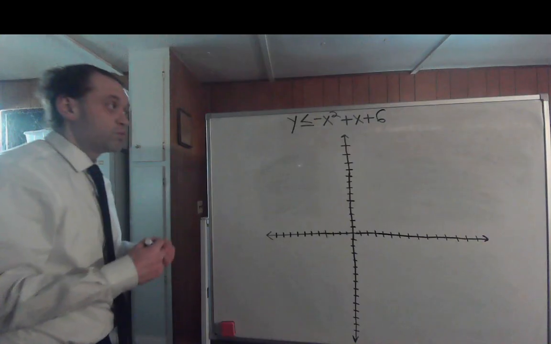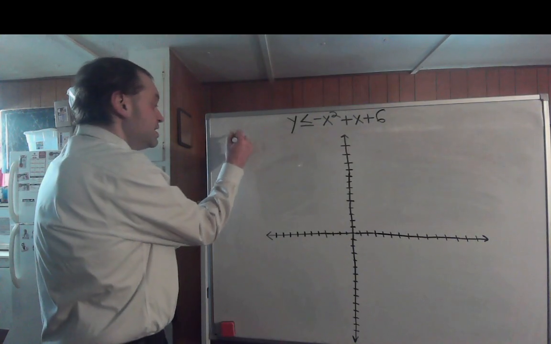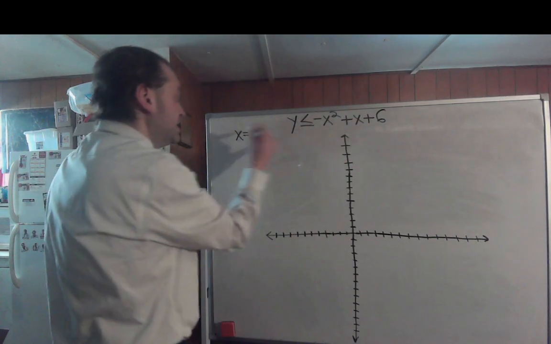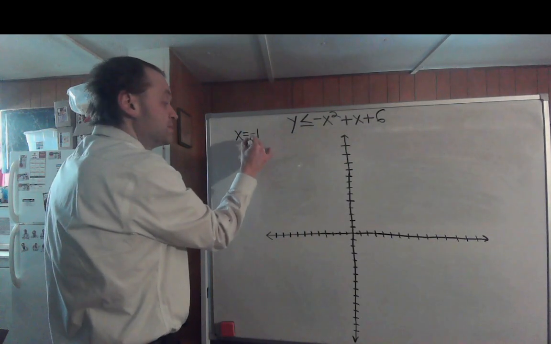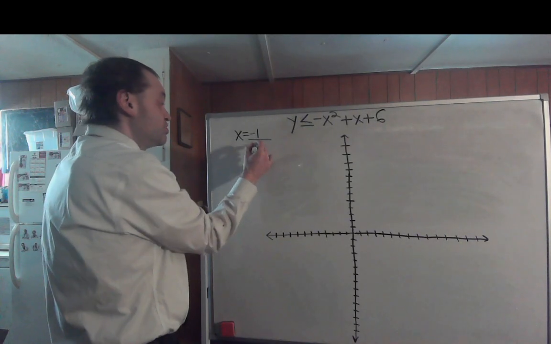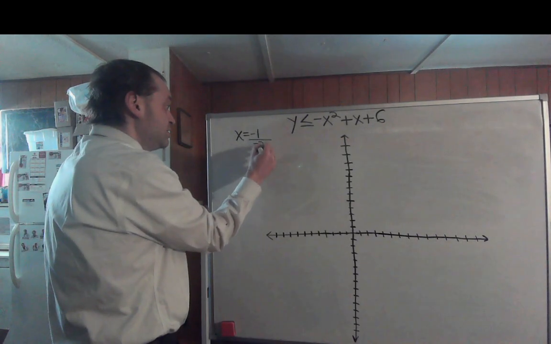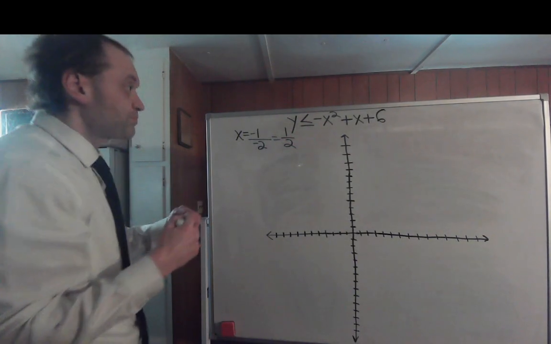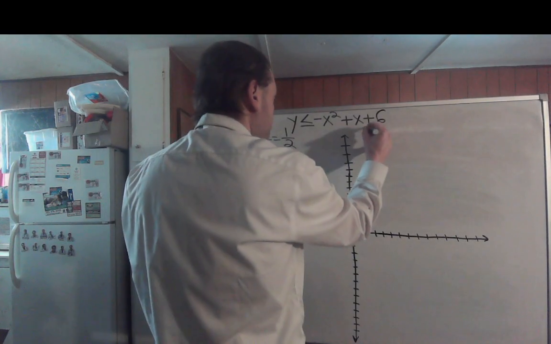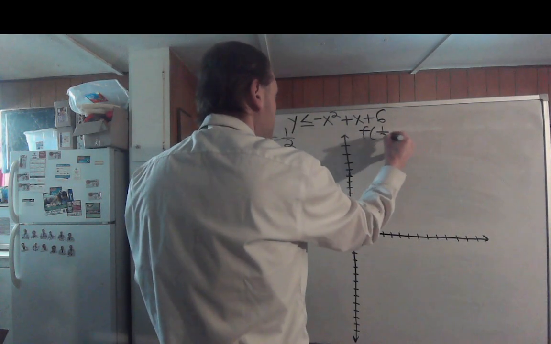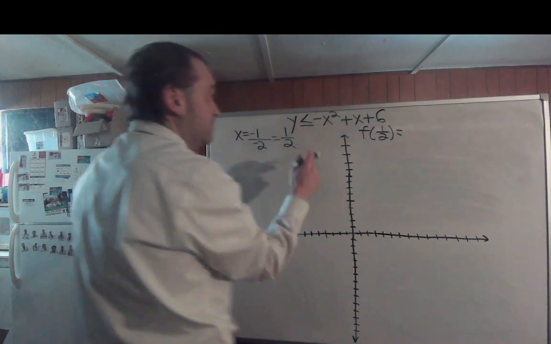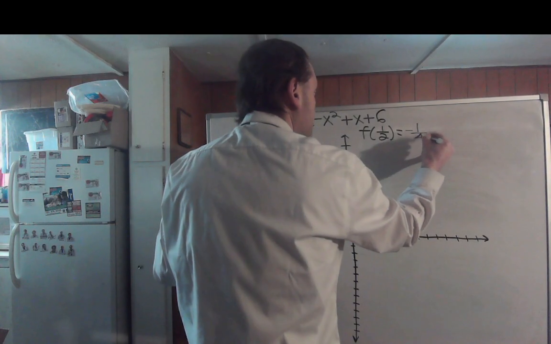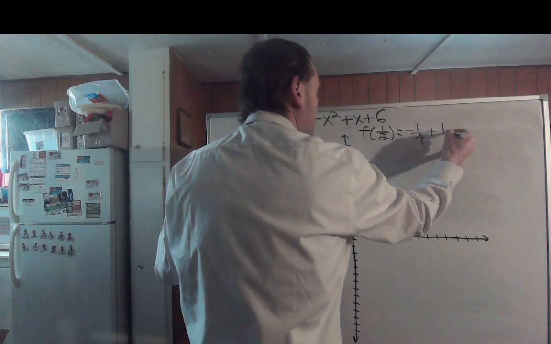Well, let's find the coordinate of your vertex. The x coordinate is always negative b over 2a, so that'd be negative 1 over 2 times negative 1, which would be negative 2, which would give you a positive 1/2 x coordinate. If I take f of 1/2, what I get is negative 1/2 squared, which would give me negative 1/4, plus 1/2